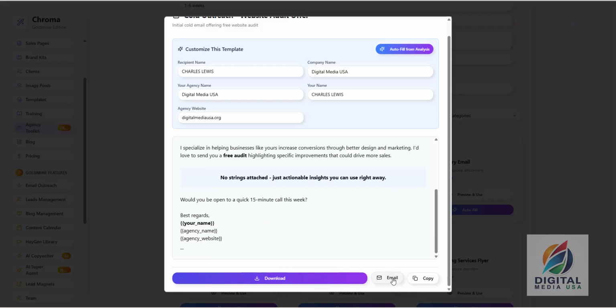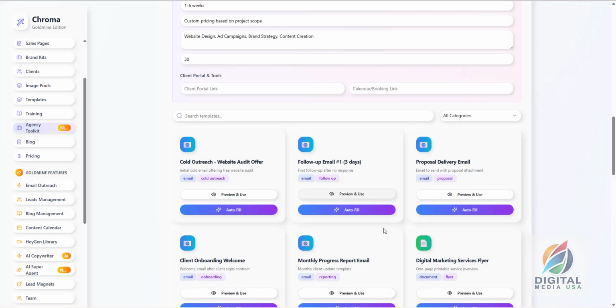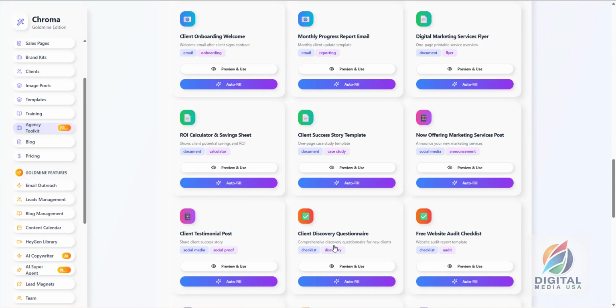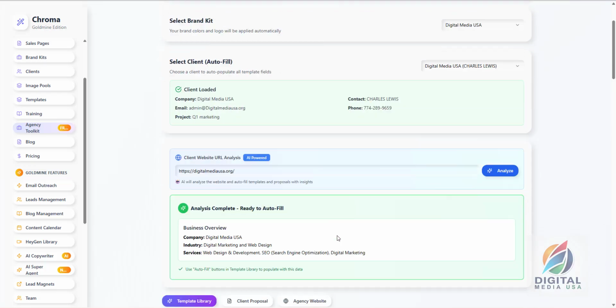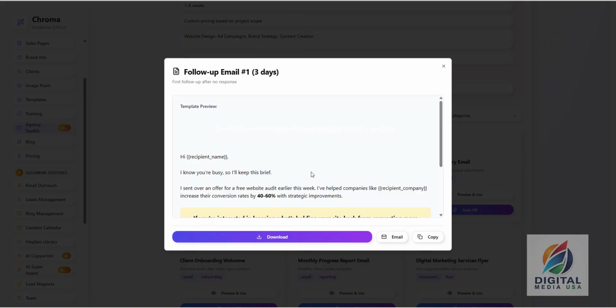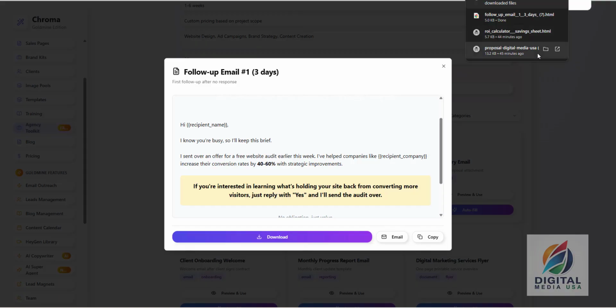So if I click email, I can pick who I want to email this to right from here, from my client list. And that's all set up automatically. You don't have to worry about configuring anything for that. All these templates are completely auto-configured once you set up your client. So once I pull my client down from this client list, all templates are completely auto-populated with the information. So when I go preview and use, and I go to download it,